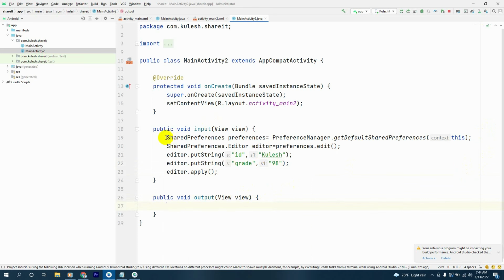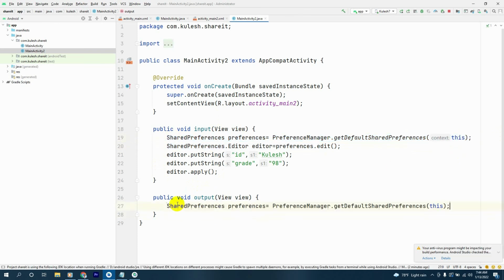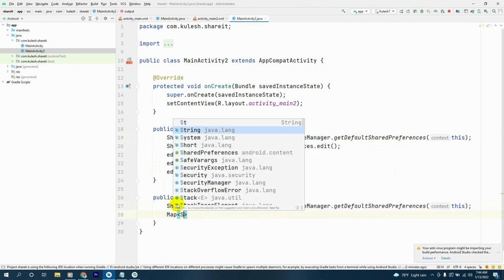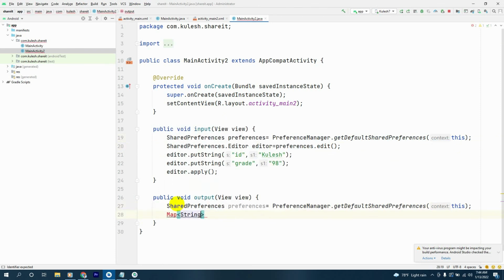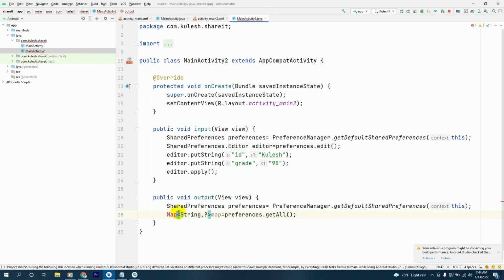and we'll say we'll have this line copied from here and pasted here, and after that we have a Map with String and question mark called map will be equal to preferences.getAll like this. We'll have the map now,